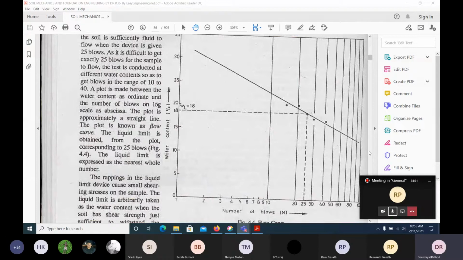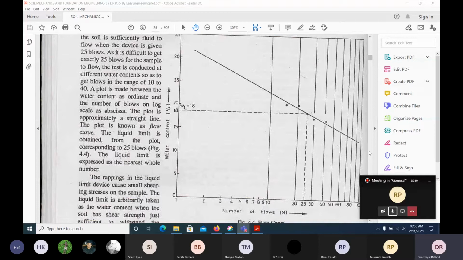Okay, so just apply it to the cup, and I have taken the groove and removed that particular soil. Okay, and because of these blows, the soil will try to join. How much it should join? Casagrande says 12 mm it should join. So then I'll start rotating it. Suppose you added more water, then 10 blows is enough. It will join.